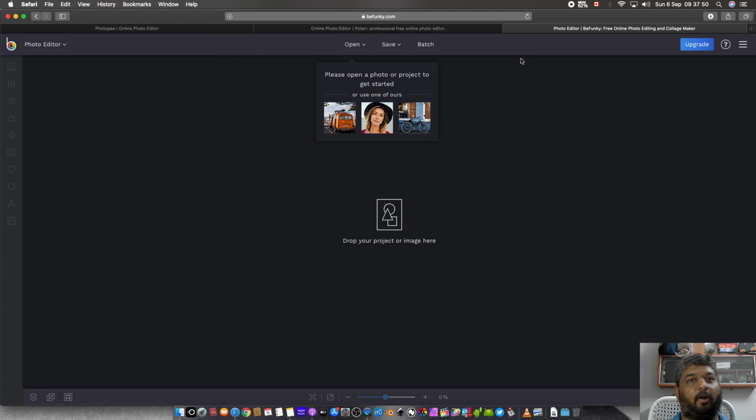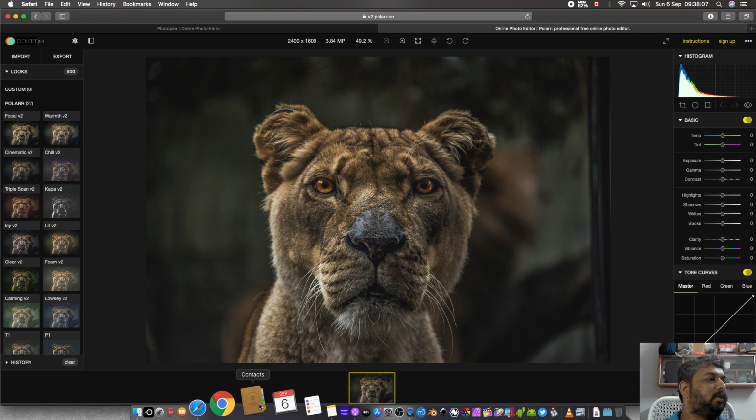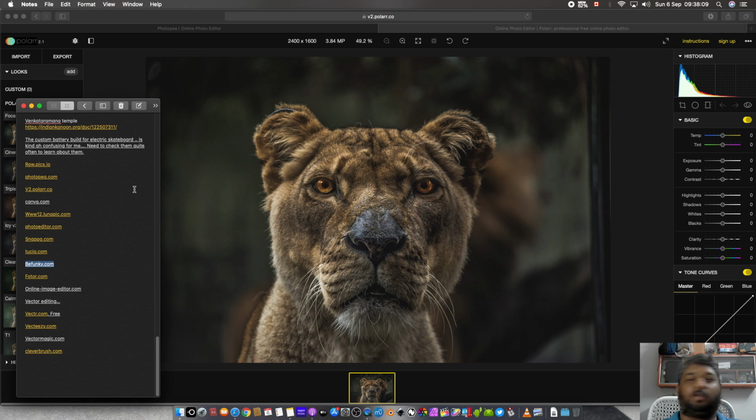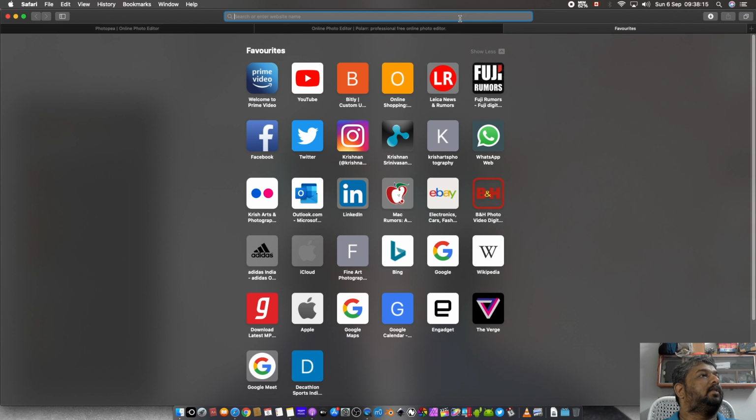So this is not a raw editor or converter, but it can edit some JPEG images, do some modifications and stuff like that. So probably you can use it for thumbnail creation, meme creation, or any other social media post. Okay, that's bfunky.com. I'm not showing you the entire tool set or how to do such things. So next one is